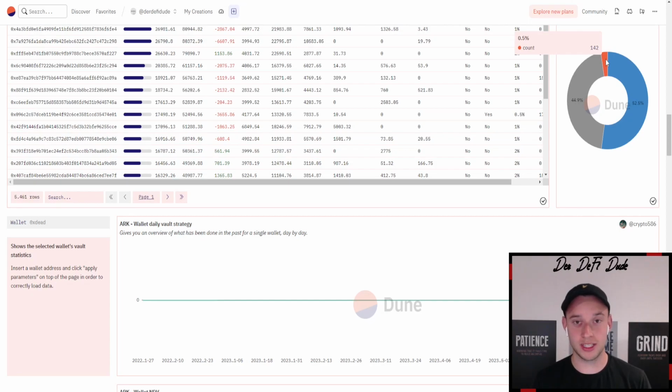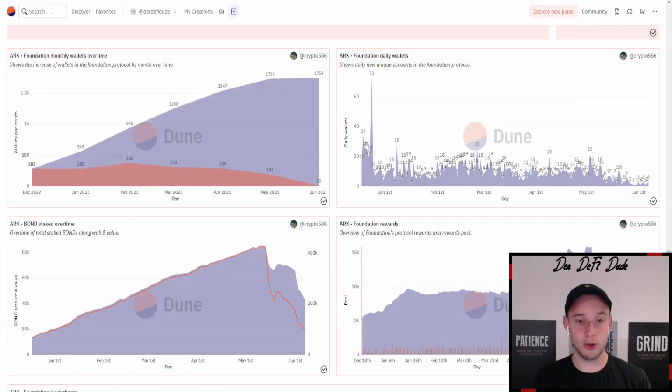So if this warning sign pops up, you withdrew too much and you should now compound and not withdraw another time, because once you do that, you will be set to 0.5% daily and will never get back to 1% or 2% daily rewards. The last thing I wanted to show to you is the foundation, because we saw an